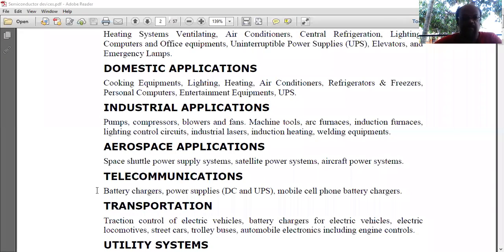Because the bulky transformer is eliminated, the charger dimension is very small and it can be carried to any place very easily. And of course, it is highly reliable also, because whenever we introduce power electronics components or switching devices, the reliability for the particular application is very important. So very high reliability. Wherever you go, whenever you put a particular charger, definitely it will give the assured DC supply for the particular charger.